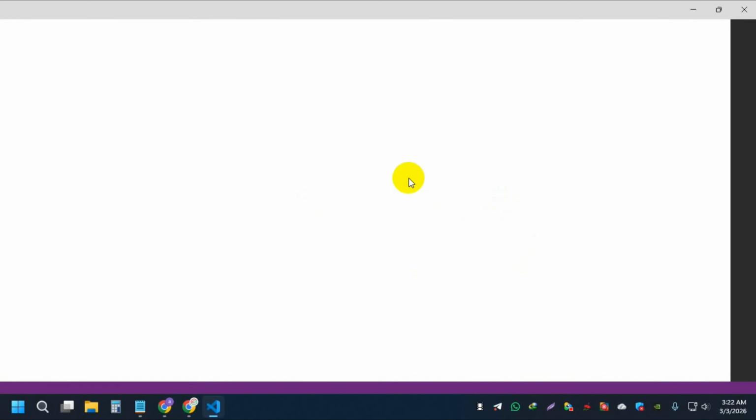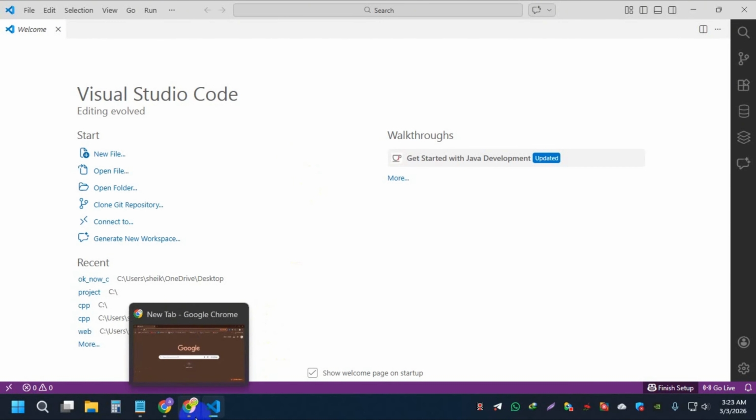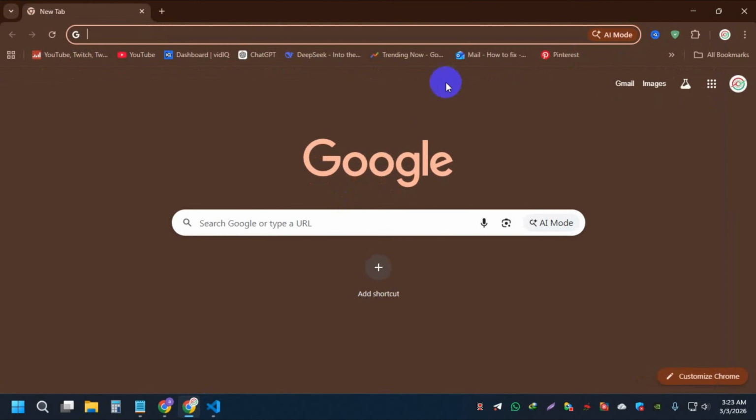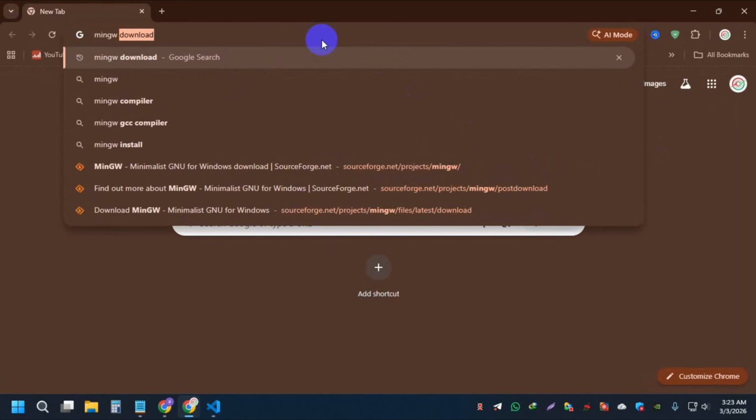So I have already VS Code. I will show you how you can easily code C and C++. We need a C compiler. So open your favorite browser and search MinGW download,